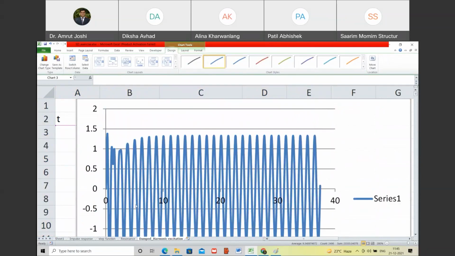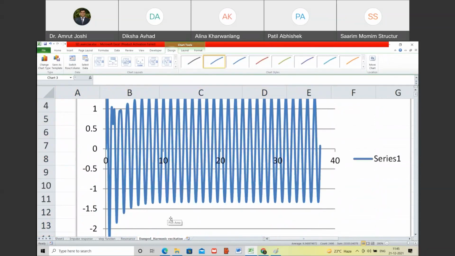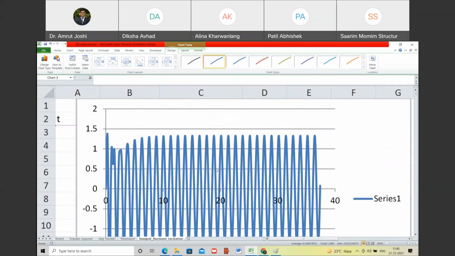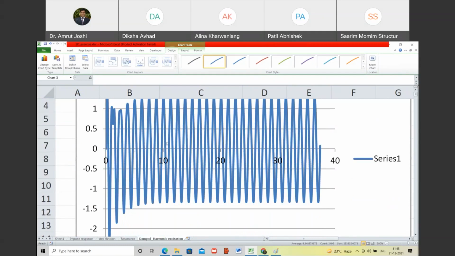So do you see the transient response prevails only at the beginning, and later on the response becomes steady state. So the meaning is, after steady state response, that response has its own frequency. Do you agree with me? After the transient phase is over, the signal is a repeating signal that fluctuates between plus minus alpha. So even without solving the problem, just by calculation of alpha, I know what is the maximum deformation in steady state when it is subjected to harmonic excitation f0 cos lambda t.